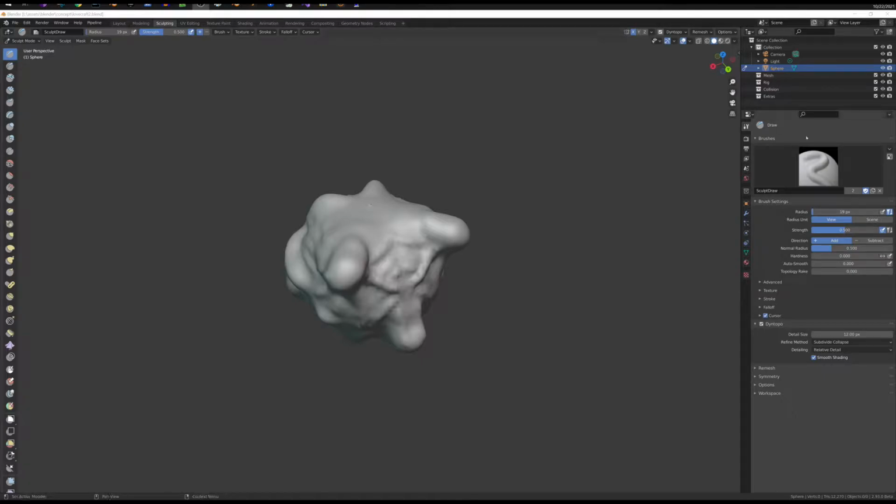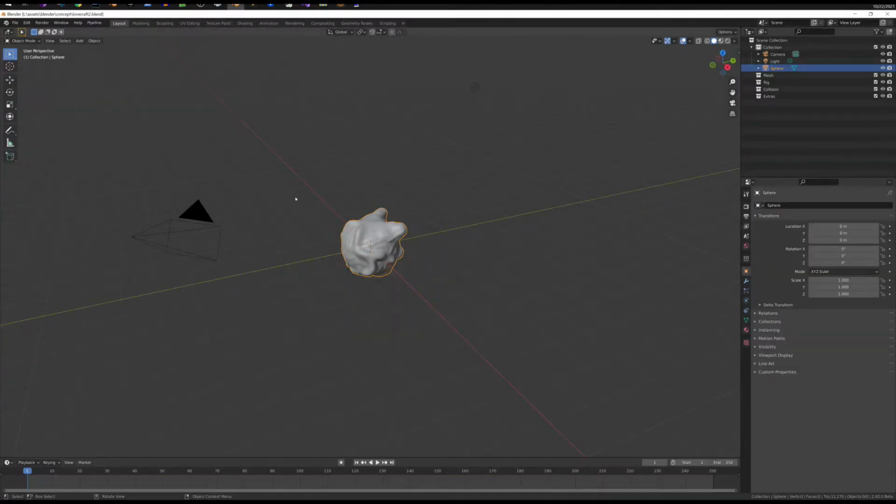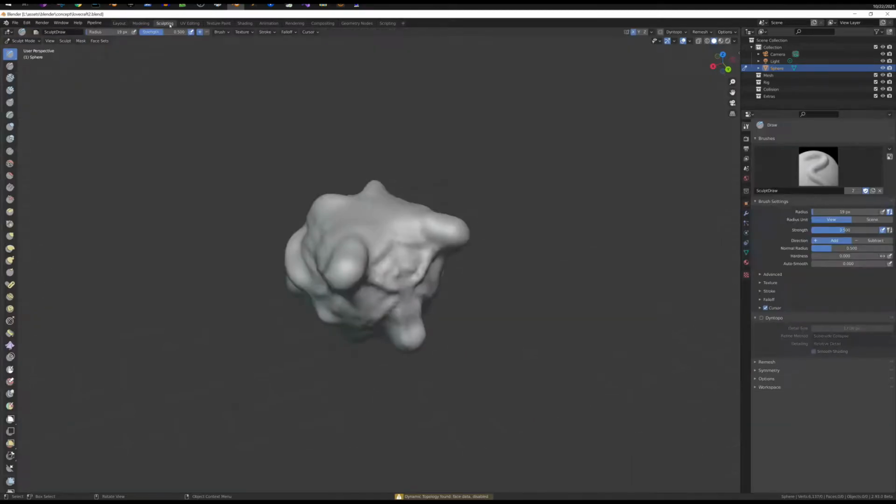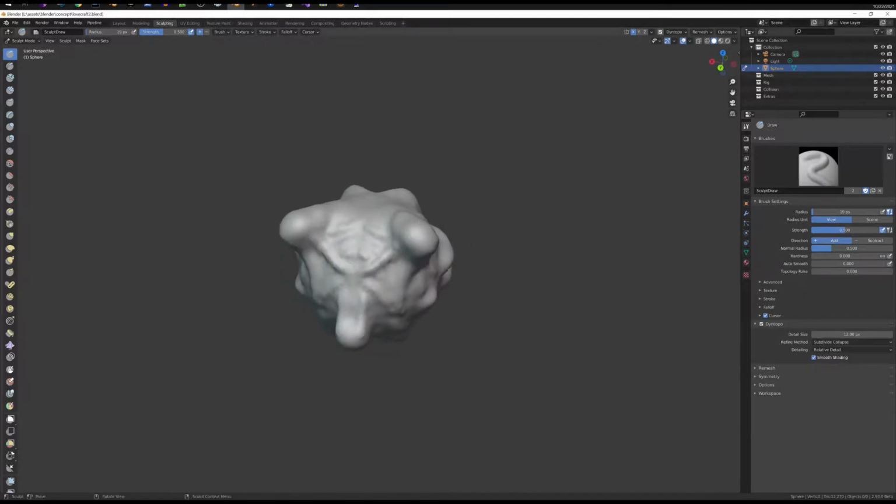So the very first thing I did here was I added a sphere, just a basic mesh, a UV sphere. And then I went into sculpt mode and I turned on the X symmetry, and I also turned on, well, I had it turned on anyway, dynamic topology. That way the topology will automatically fill in